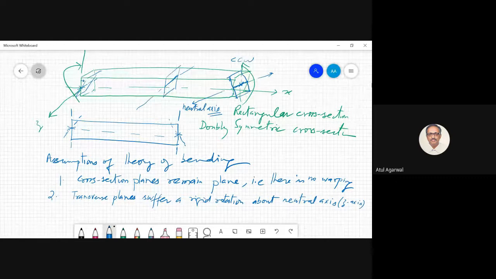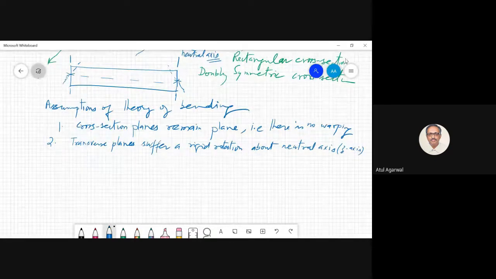So it has turned clockwise, you see. Can you see it, Kavalish? So different planes suffer different rotation. And this is a clockwise rotation. This is a counterclockwise rotation. And you will find that somewhere in the middle of the beam, this plane suffers zero rotation. So because of this, there is a strain.